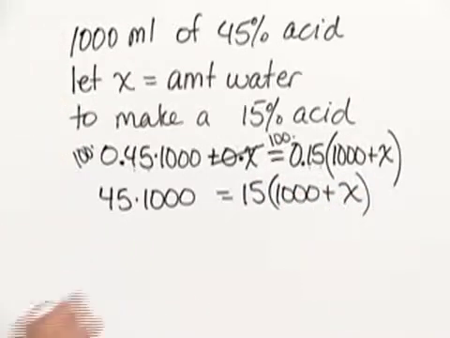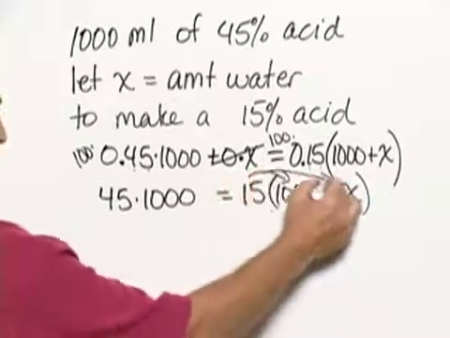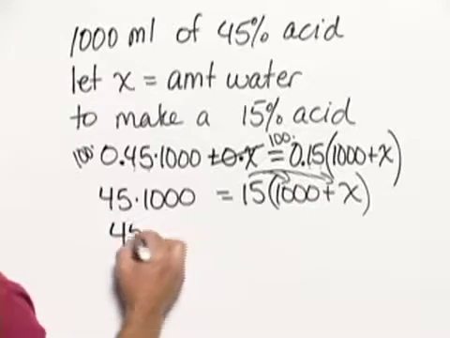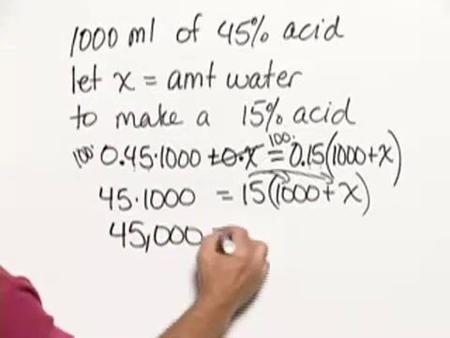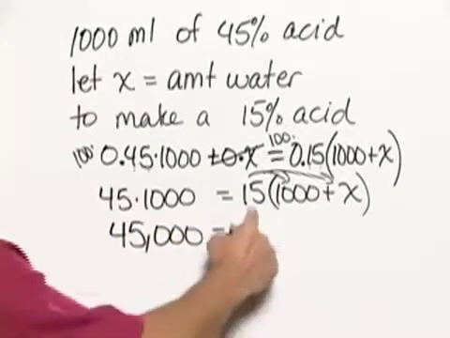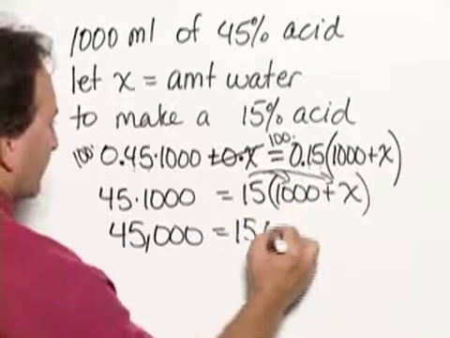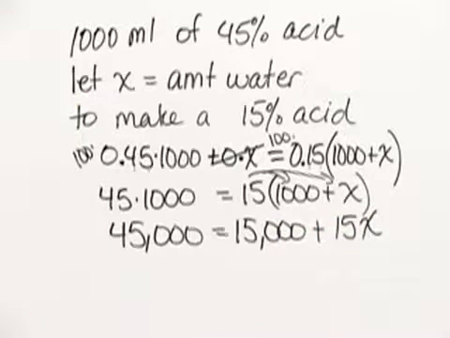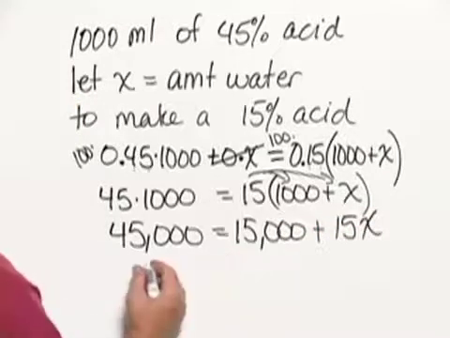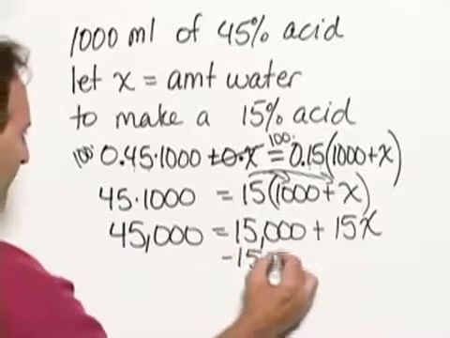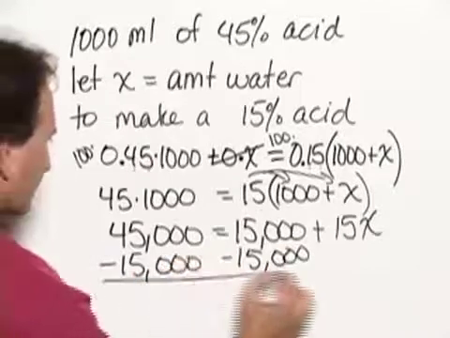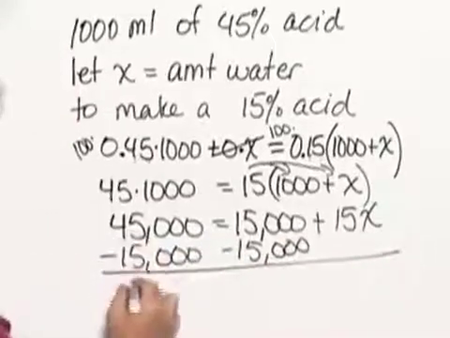So on the right-hand side, we need to distribute the 15. On the left-hand side, we multiply 45 times 1,000, and that yields 45,000. 15 times 1,000 is 15,000, and 15 times X is 15X. Subtract 15,000 from both sides, and that yields the result, 30,000